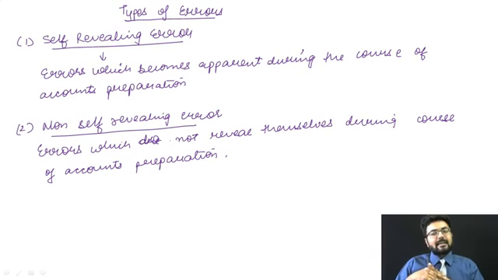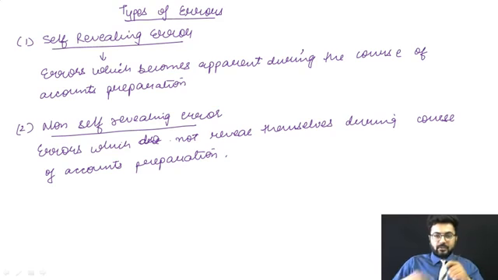The next thing is, she has given me a task that I need to have my lunch on time. I have not taken my lunch, and after that, I have given my lunch to the cow itself. So that is not self-revealing. That cannot be revealed on its own. Getting my point? That cannot be revealed on its own.